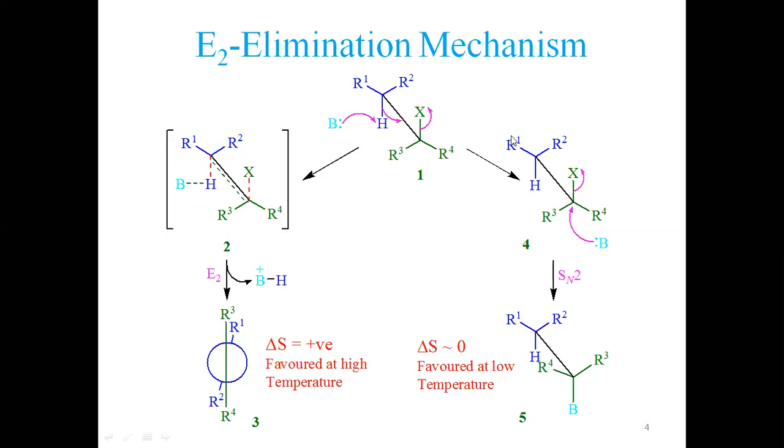So this includes that this reaction has bimolecular kinetics. When something has bimolecular kinetics, it doesn't generate an intermediate, but it generates what? It generates a transition state. So this is the transition state and this is the products. You see R1 and R4, they are opposite. R1 and R4, they are opposite.